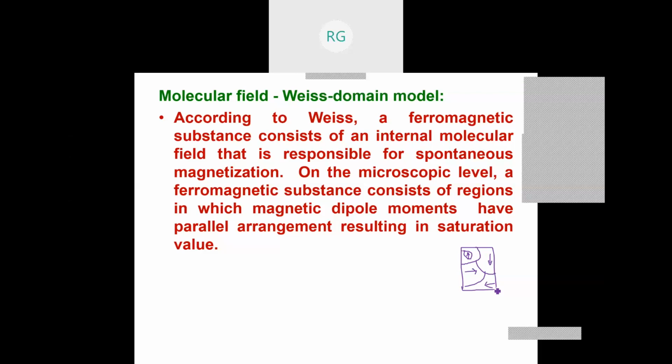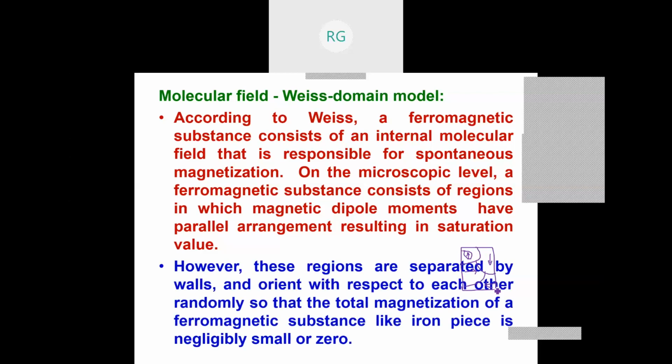Therefore a ferromagnetic material like iron will not show net magnetization, but it can be magnetized by applying an external magnetic field. So the regions are most important, but these regions are separated by walls which are called domain